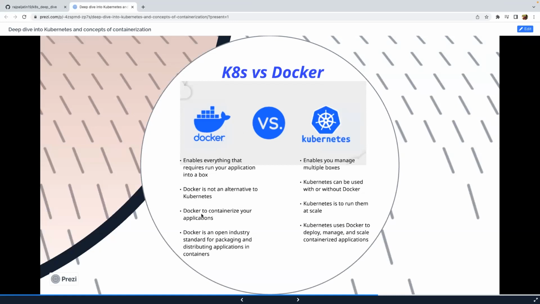And that's where the second statement has come: Kubernetes can be used with or without Docker. Docker is to containerize your application. Definitely, it's a container runtime. Whenever we are containerizing our application, we are using it. Kubernetes is to run them at scale. Scale is something that we discussed, right?